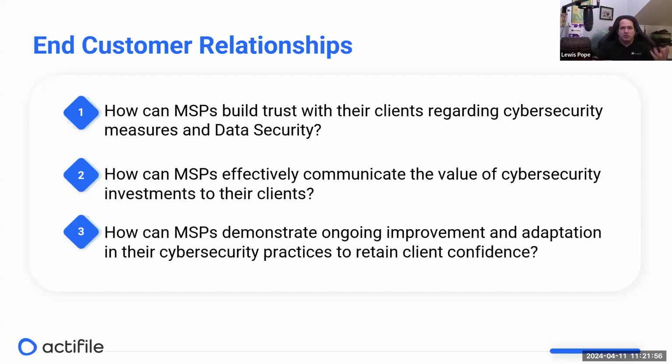Get in, use a tool, do a quick scan, and find those obvious quick hits so you can further the conversation: I wasn't looking that hard and I found this. I think we need to look a little bit harder. Here's a contract, here's a project. Yeah, and actually with tools like Actifile, you can quantify the risk in US dollars.